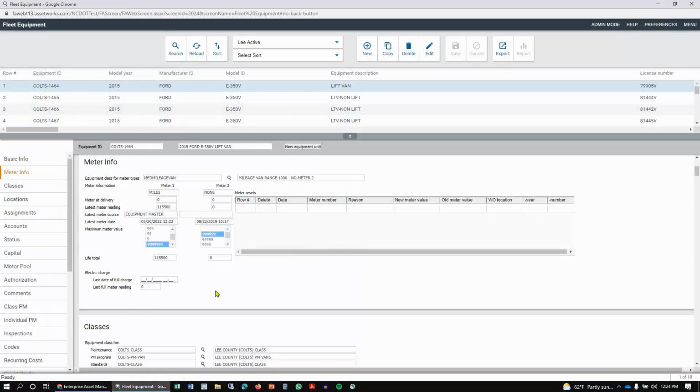Now, when in the fleet equipment screen, if you do your lifts as meter 2, you can also update the latest meter reading and life total for your lift here. Just make sure that whenever you're doing this process, you are always updating both the latest meter reading and the life total. The life total dictates the overall life mileage of the vehicle. If you've had a meter reset here, you would have a latest meter reading that is lower than your life total. That's the only instance in which these two would be different,